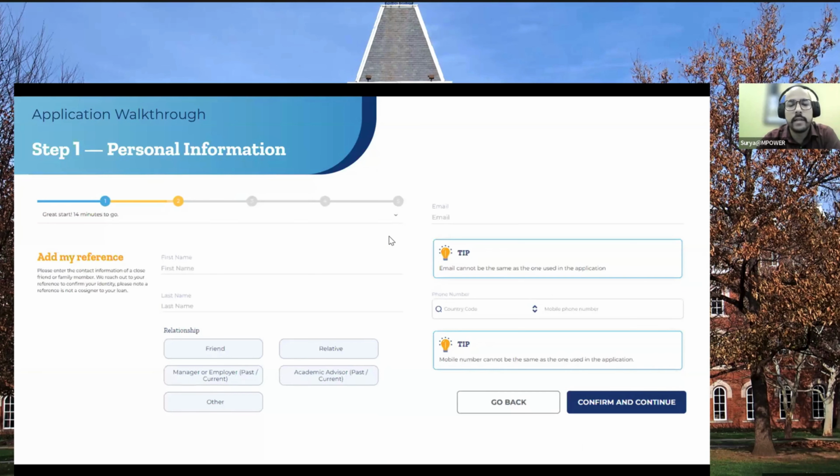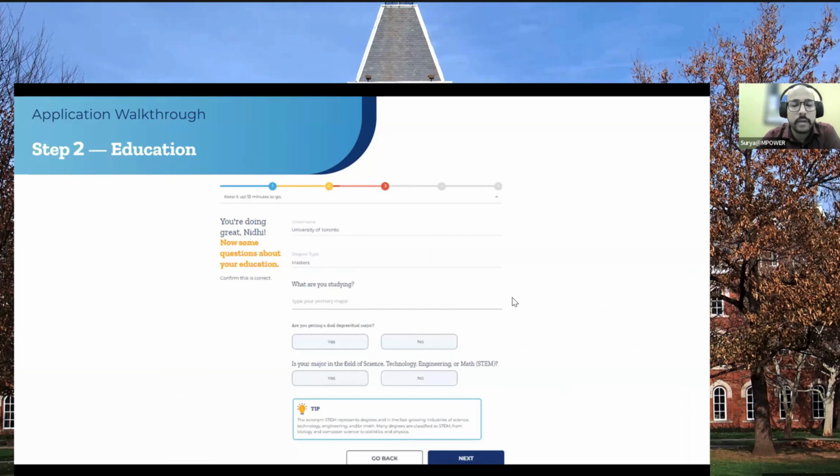Now moving further, if you would like to provide us with your references. An important thing to understand here is that when we speak about a reference, it does not mean that they would be liable for any kind of repayment of your loan. The reference that we are collecting here is just for information purposes, and we are going to communicate with your reference only if you are not reachable and we have to inform them regarding any important update on your loan application or disbursement queries. Apart from that, references are never eligible or liable for any kind of repayment of your loan. Then you can provide the basic details, moving further with the university details.